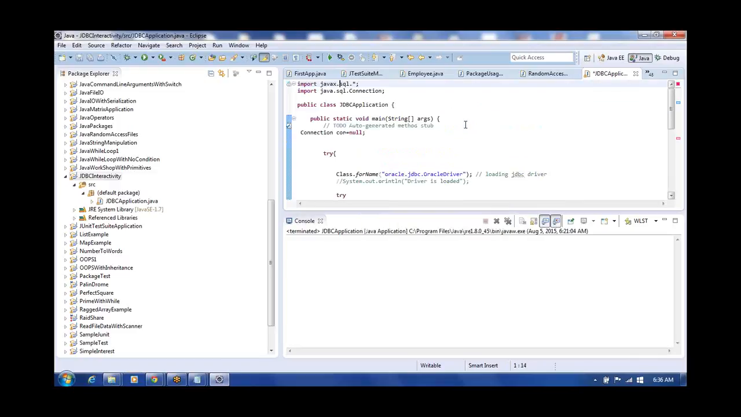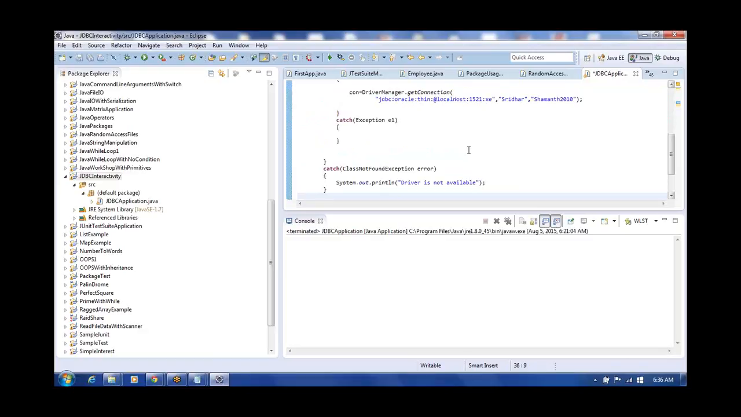Therefore, what we do here, instead of putting connection, we just put dot star. So we put dot star. Now this is